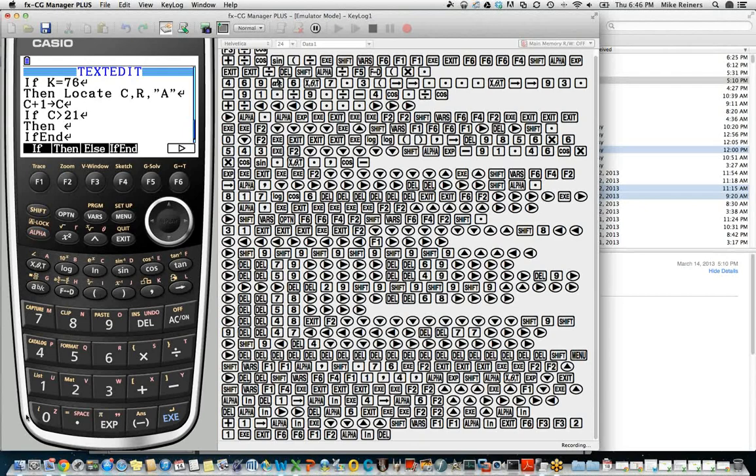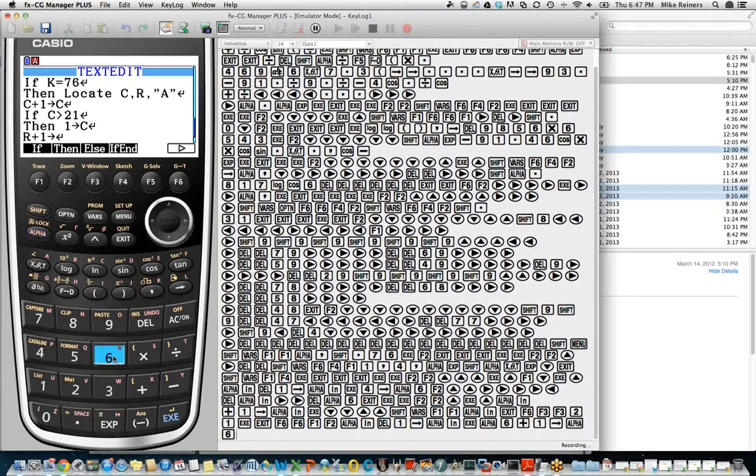Make C equal 1, in other words, store 1 into C, go to the first column of the next row. And that means we have to increment the row here, make R plus 1 be stored into R. If we run out of columns, go back to column 1 at the beginning of the next row. And then we need an if end for this statement as well. Okay, so we've got an if inside of an if. Create an A, and then move over to the next column. And if you go too far, go to the beginning of the next row.